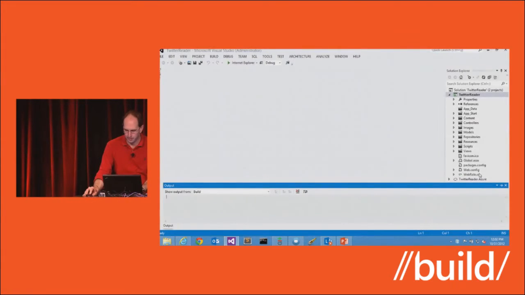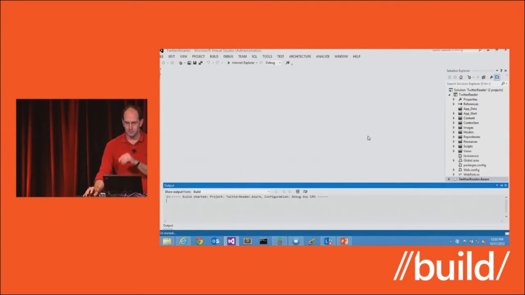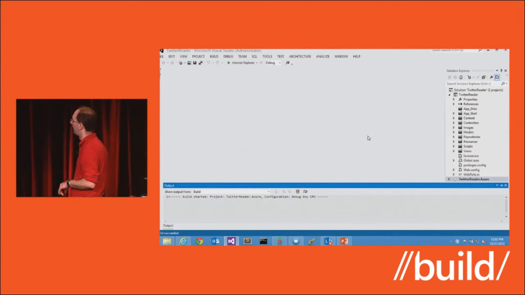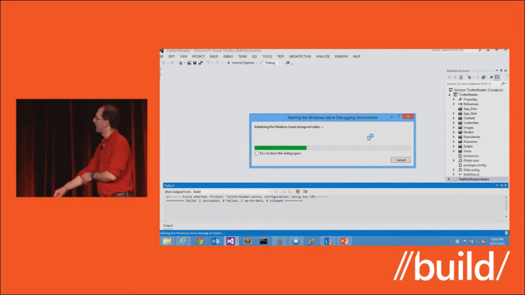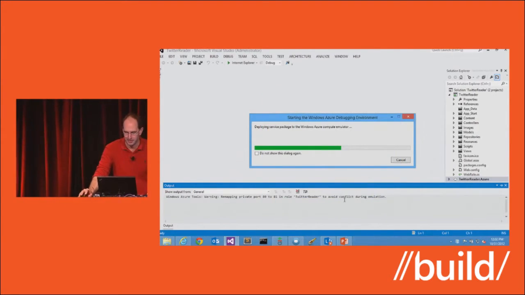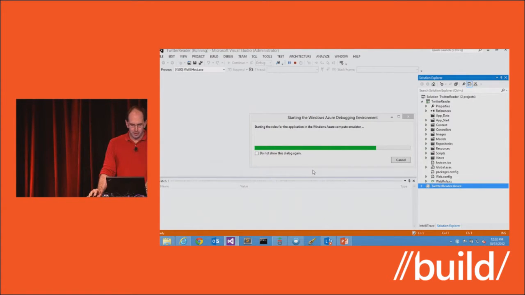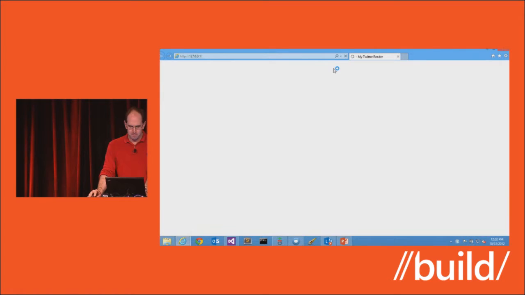Oops, nope, I've got to run it through here. But go ahead and run this now. It's going to spin up the Windows Azure emulator because I'm running this as a cloud service. Oh, it's a new network, so yep, please do allow that emulator to go through. And this is going to retrieve a bunch of tweets from the internet, and away we go.